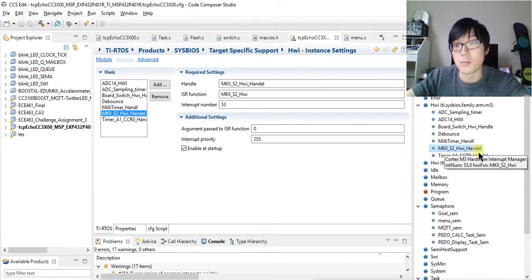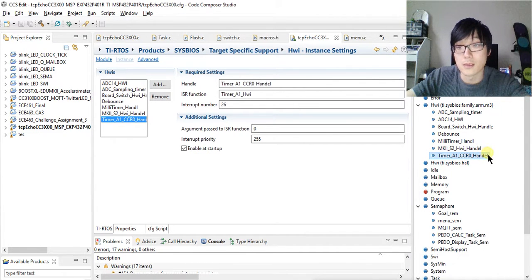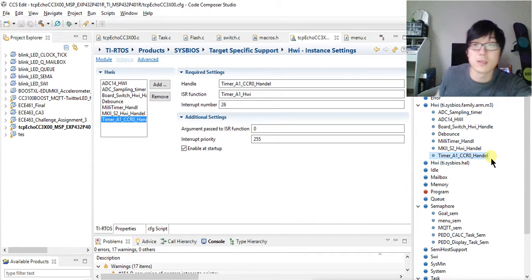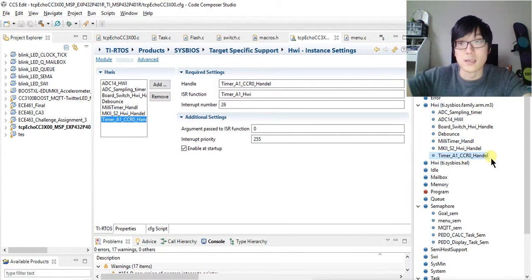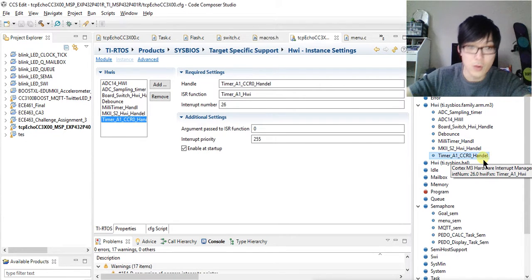This is a switch for the booster pack, switch 2. And this is Timer A1. This is a 5 millisecond timer. This is how often we send the data to the MQTT once the Wi-Fi is